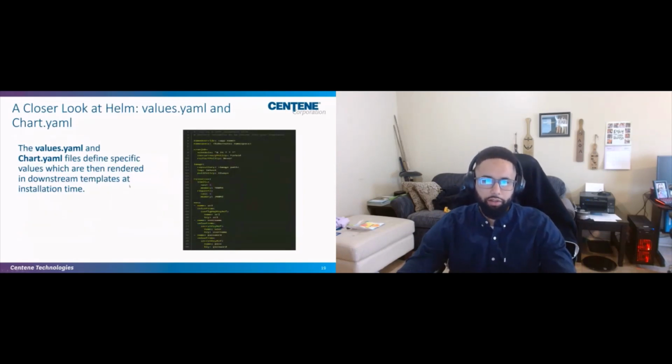So let's get a closer look at what you might have in a values file. Here we have a namespace, the exact Kubernetes namespace we'll be deploying to. We define what our cron job is. We have a schedule here, so this is going to run at